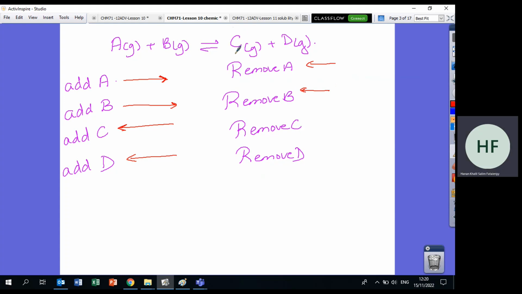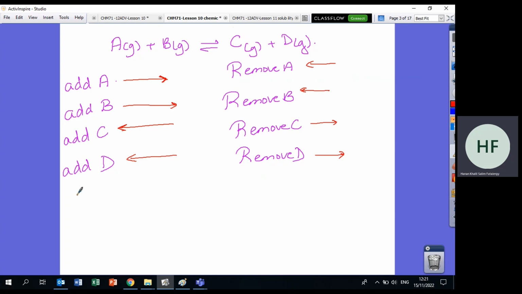What happens if we remove C? Our uncle does not have C. We will give them, so the reaction will move forward. What happens if we remove D? Remove D means our uncle does not have D, we will give them. So the rule is, we have extra, we give to our uncle. Our uncle has extra, they give us. We don't have, our uncle will send for us. Our uncle doesn't have, we will give them. Okay, so